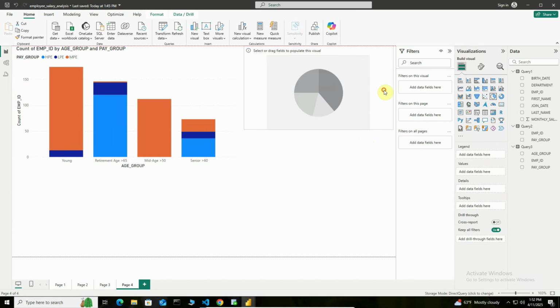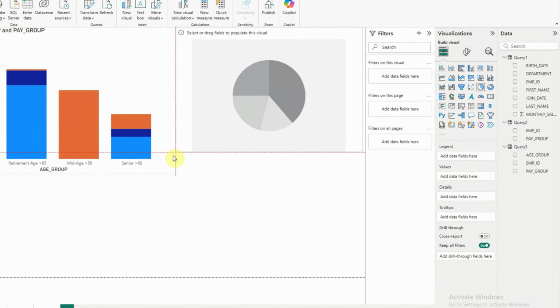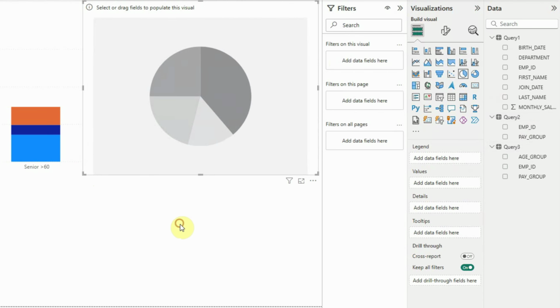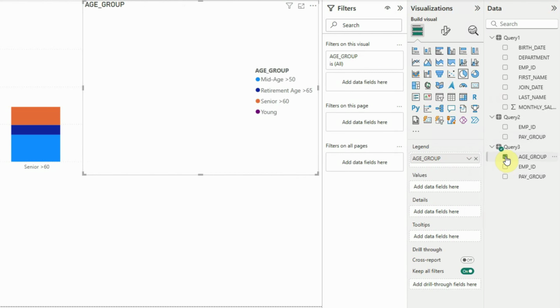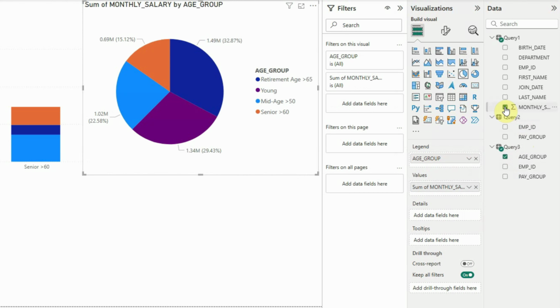Let's put it at the top. Increase the size. And then here we are going to put the age group first, and then monthly salary, and this will give us actually the monthly salary by age group, where we can see